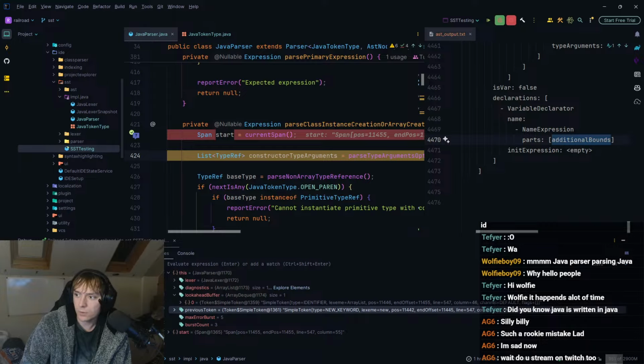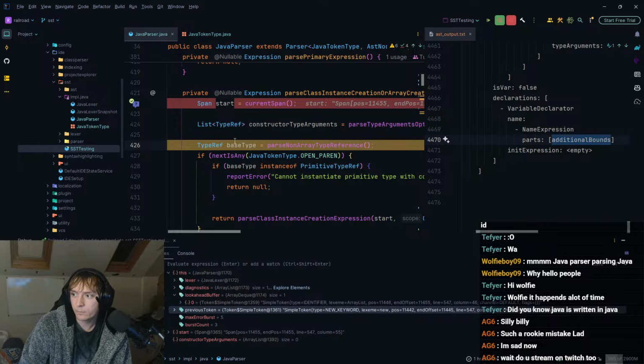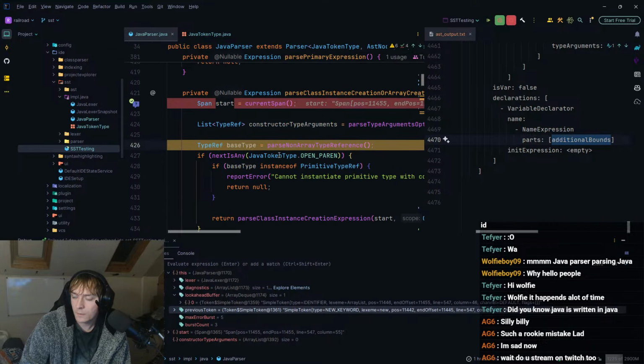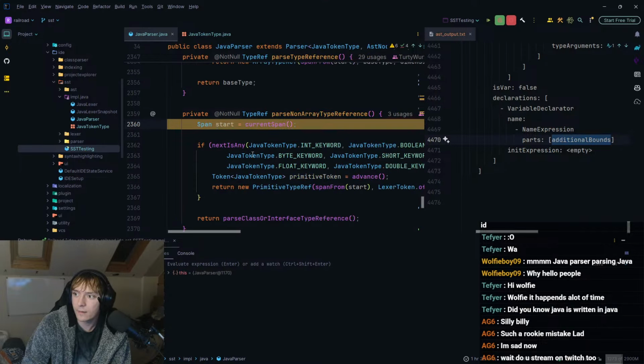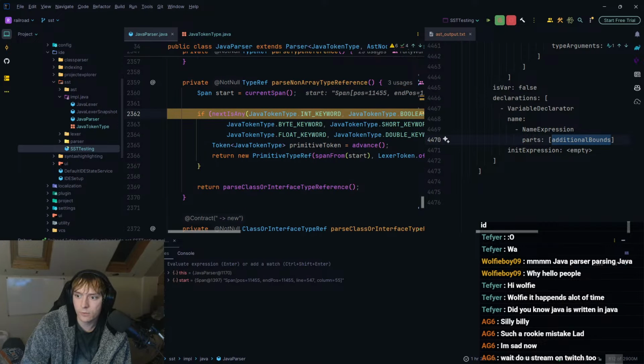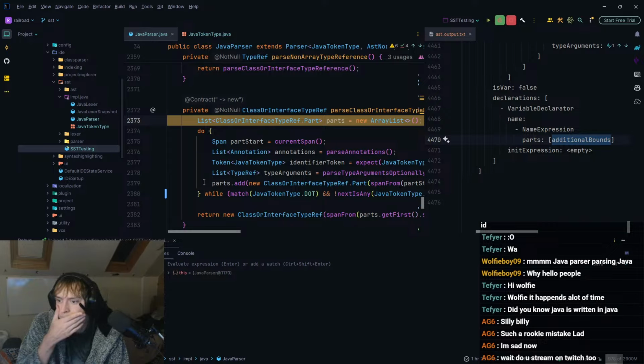So we pass the constructor type arguments. There shouldn't be any. That's fine. And then we pass a base type, which I think is where it should handle the diamond, I believe. So if we go into there, so it won't be any of those. So it'll be a class or interface. So we go into here. I see it doesn't actually handle the diamond in here. Okay.